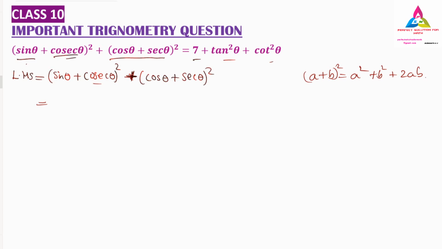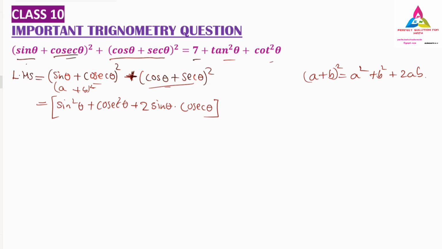So in the a position we have sin theta. Applying the a plus b the whole square formula, a we have sin theta, so sin square theta plus cosecant square theta, that is b square, plus 2 times a into b. A means sin theta, and b is nothing but cosecant theta. This is the thing. I will write this half part in a bracket.